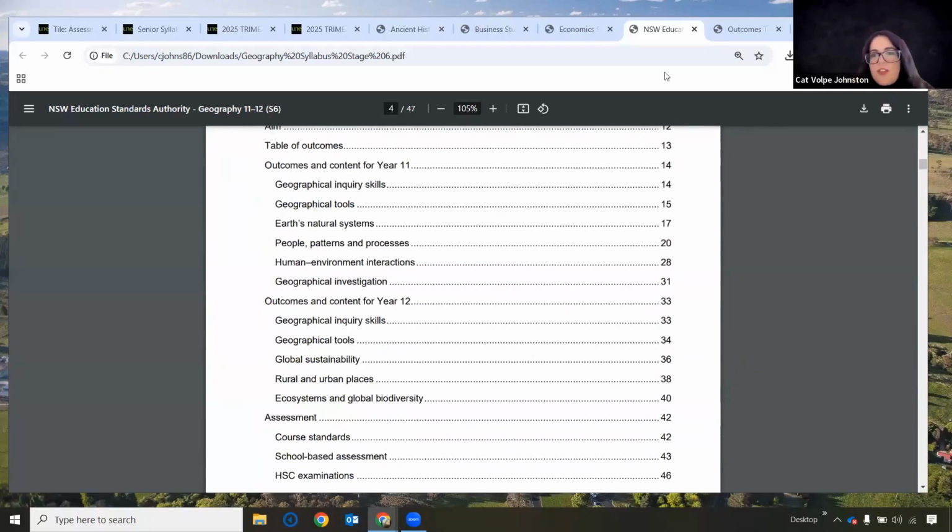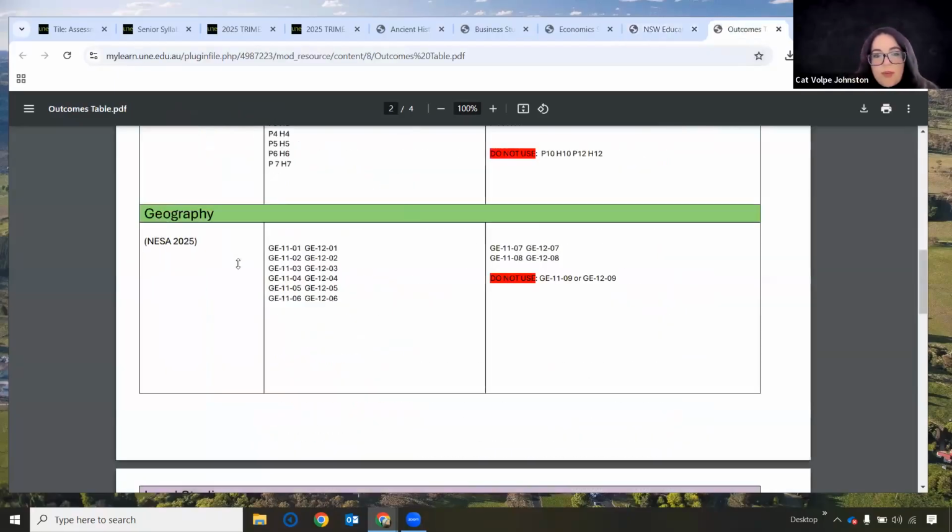So I think that's pretty good. Making sure you come back to this outcomes table and that you choose, obviously, only a year 11 outcome for year 11, year 12 for year 12. Okay, all right, let's go on to